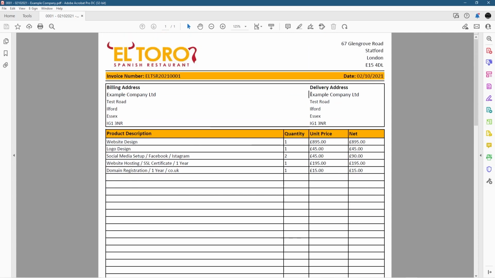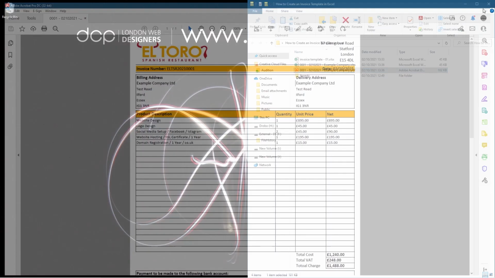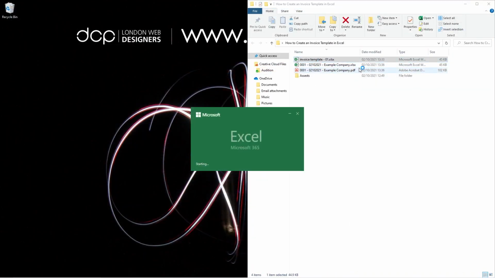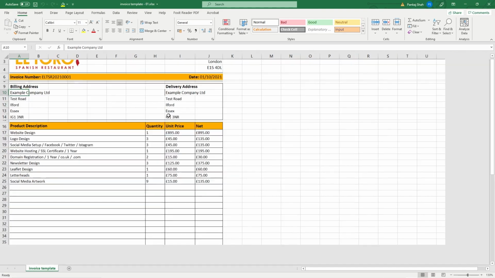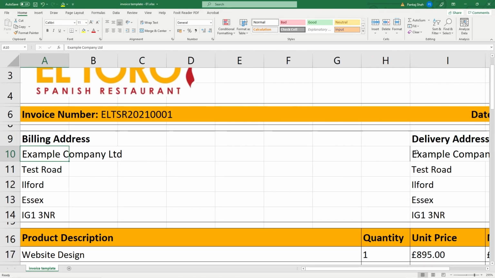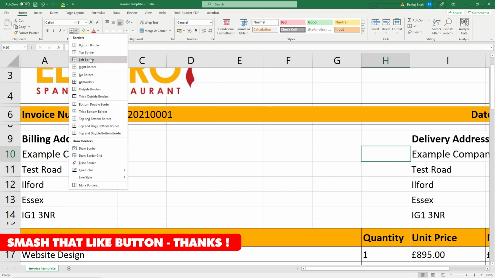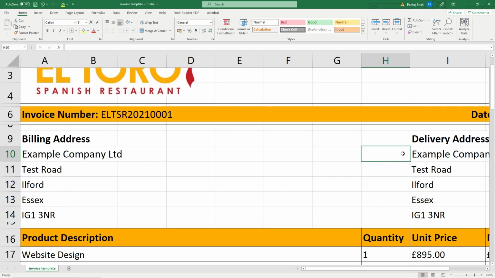So we need to just fix this here. There seems to be like an error here. Can you see this line? We want to get rid of that. So we'll fix it in the master template, and we can fix it in that temporary invoice. If we scroll in here, we can see there's a line here. So we're just going to select these 2 cells in here, or we can just select this one. This one should be fine, and we can go to here and we can say no borders, and then that line will get removed. Now that line that was an error, we can save this now,